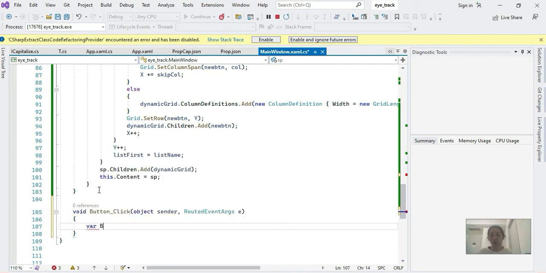Let's put it b1 as sender equals to sender as button,